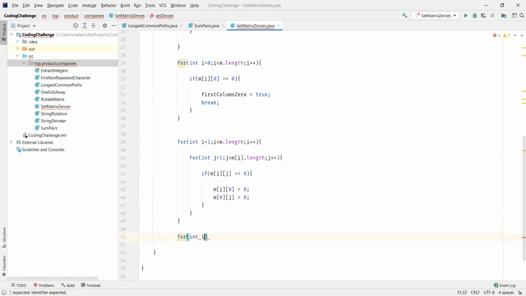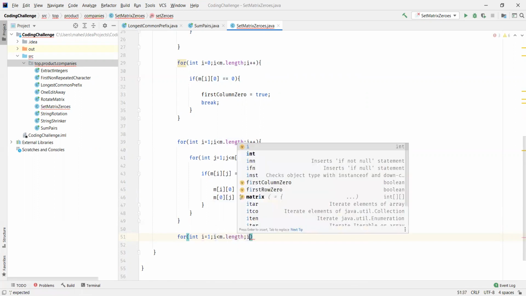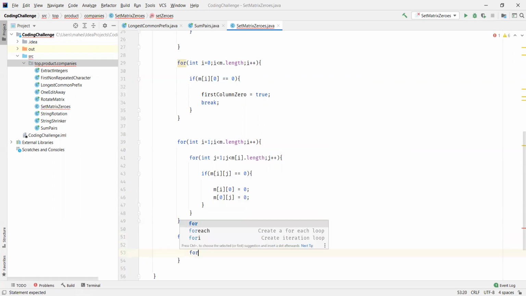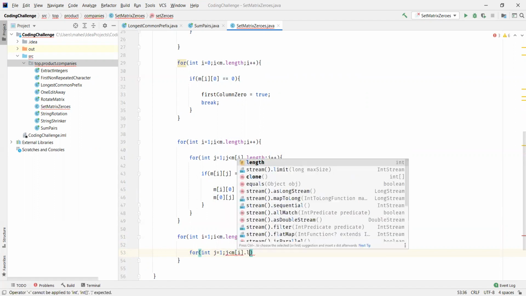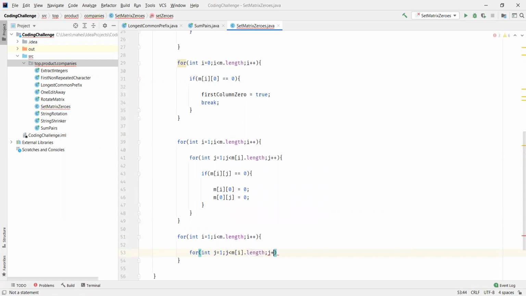Now we'll again take i equal to 1 as the index, for all the rows, and we'll take j as index to loop through all the columns for each row indicated with i, and then we'll set the element to 0.